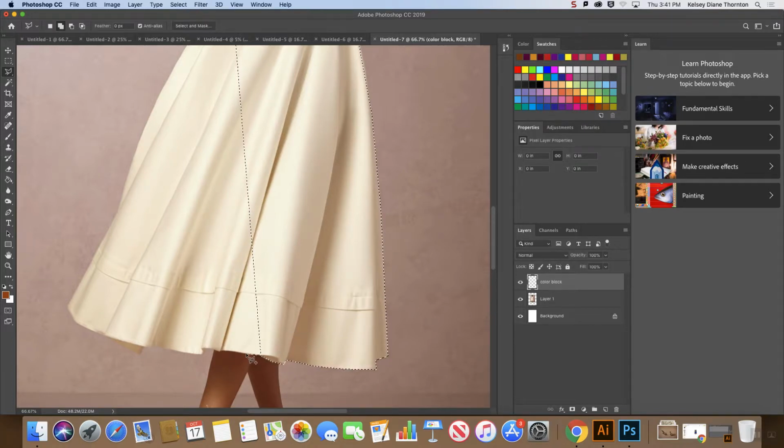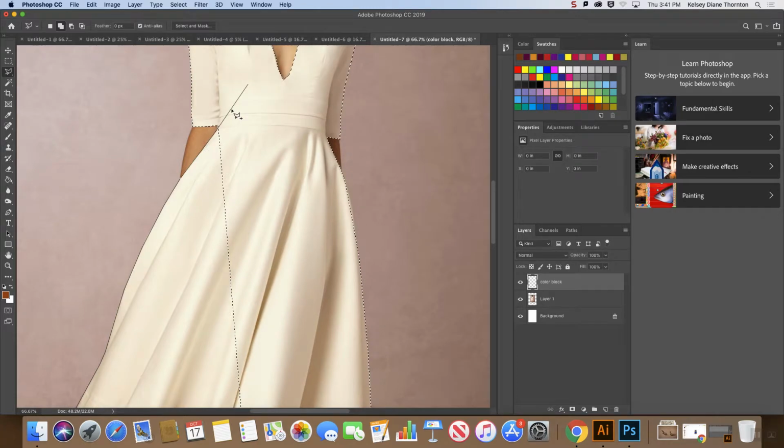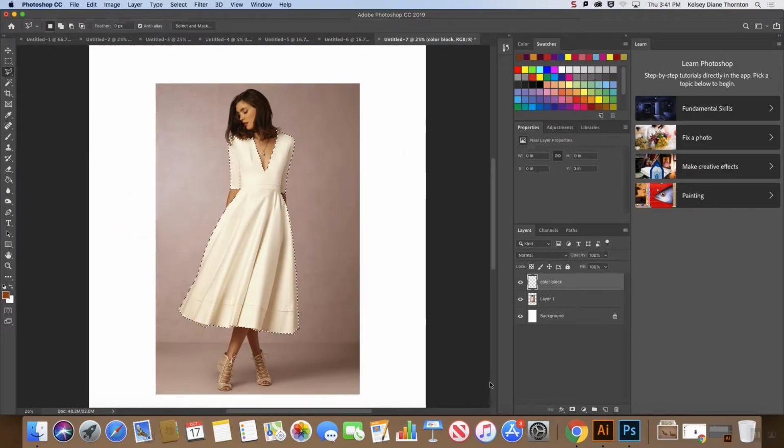I accidentally double clicked and it closed my selection, so I'm just holding shift and I will add this to the selection that's already been closed. Almost there now. So seeing your image, your patterns texture mapped is so satisfying. It really is a nice culmination to a project to put it onto a dress. So now I have it